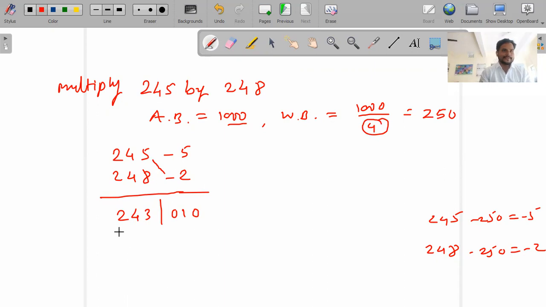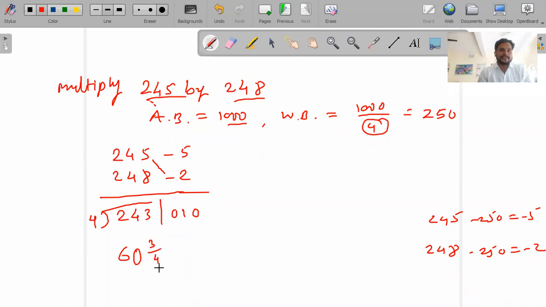Now what I have to do is divide this LHS by 4. What will be the answer here? 6, then 0, because we cannot divide 3 by 4. So 0 will be there, and then 3 by 4 will be there. See, why am I doing this? Because our answer should be a whole number, since both the numbers are whole numbers, not fractions. So our answer should not be in fraction.